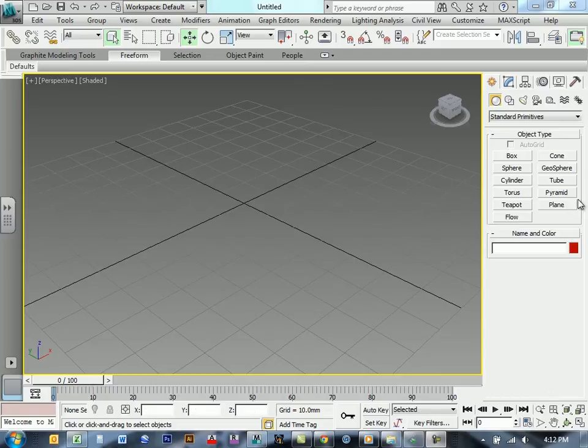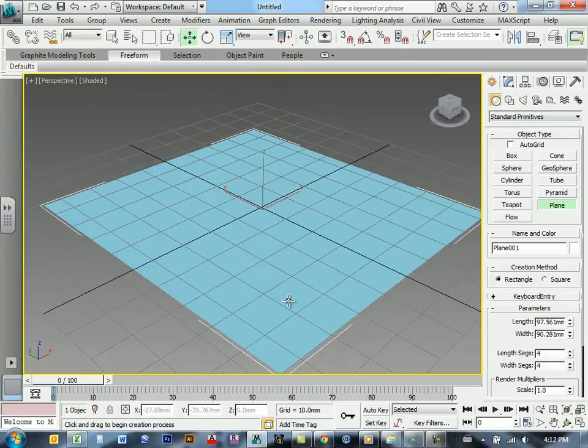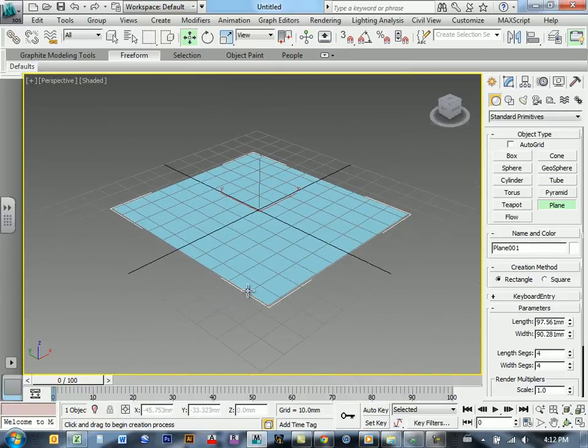Alright, so this is just simply using a plane. I'm on the Create tab here, Geometry, Standard Primitives, click on Plane, and then just drag it out. By default, as I'm creating it, it's got the parameters active, and it displays 4 length segments and 4 width segments. So this just gives me some detail to work with. That's not nearly enough for what I'm about to do, so the first thing I want to do here is